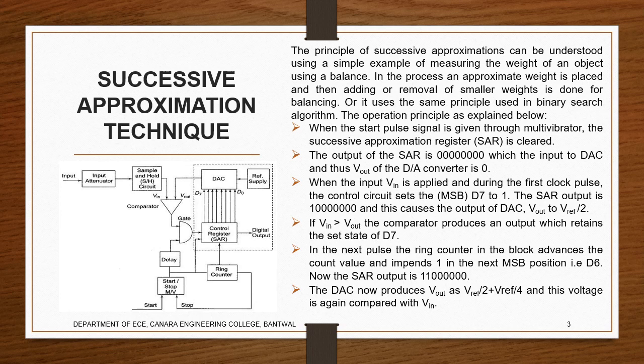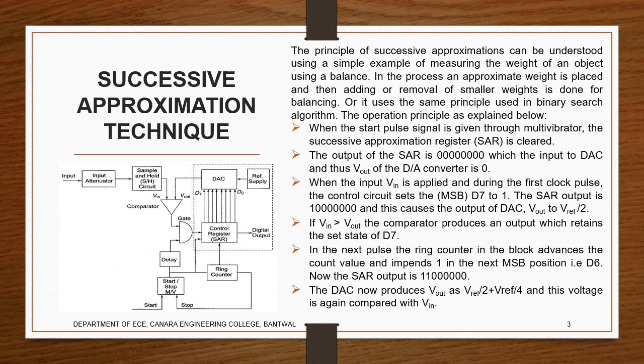Okay. So first, looking at the circuit, there is a control register, which we call the successive approximation register. We give the first bits as all 0s, so we are resetting it to 0, and that will be provided to the DAC, that is the digital to analog converter. That will be compared with Vout, and Vin is given from the input. What are the standard values? Maybe I'm taking it as 1 volt here, depending on the voltage which you need to measure.